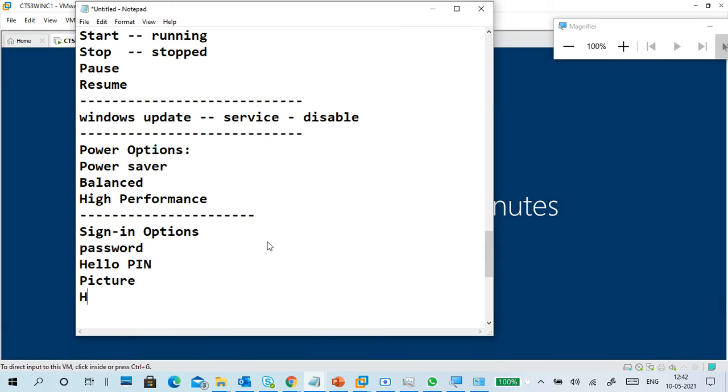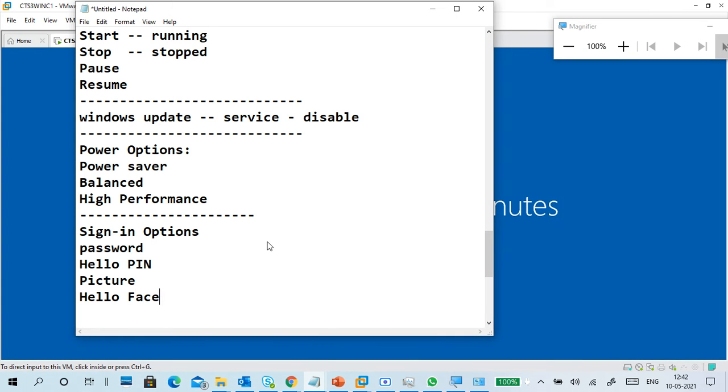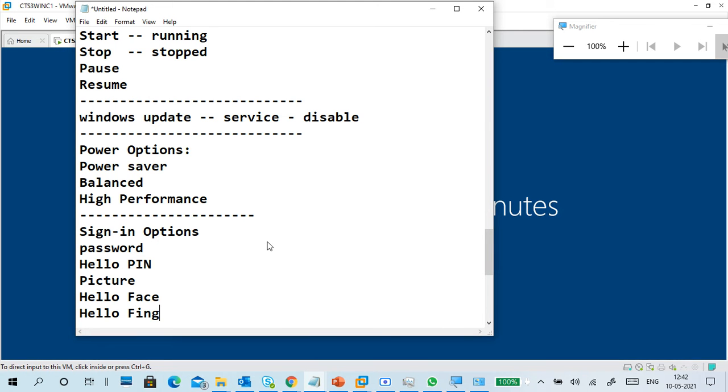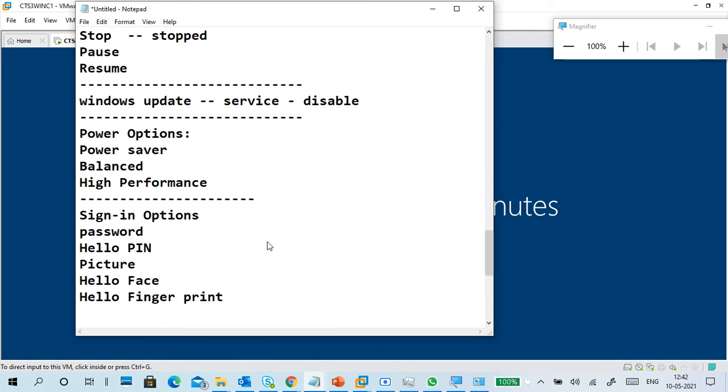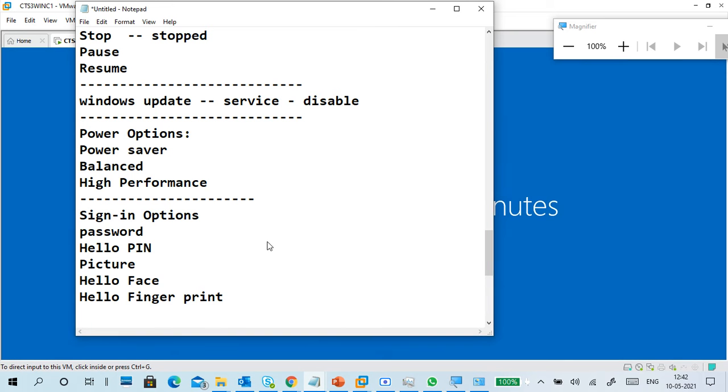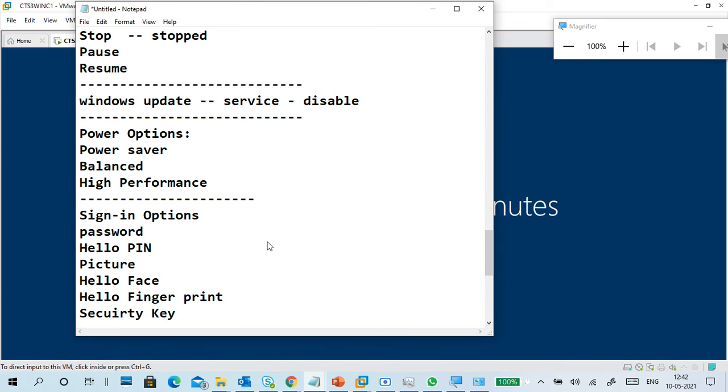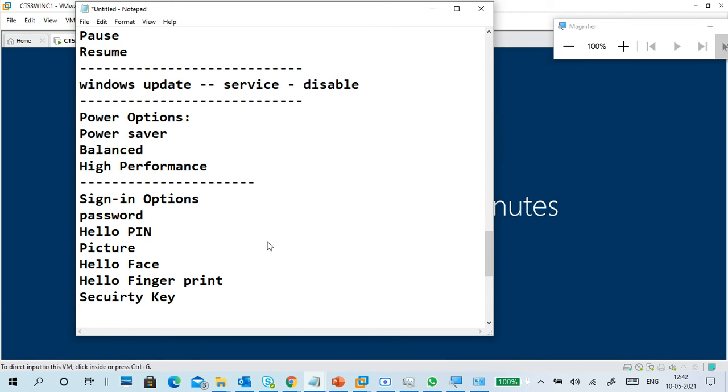Next is Windows Hello face, which needs biometric hardware, means a scan kind of stuff. Hello fingerprint. Next one is security key, which is a sign in option.